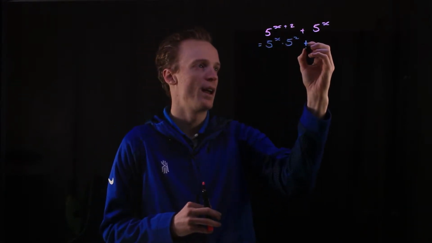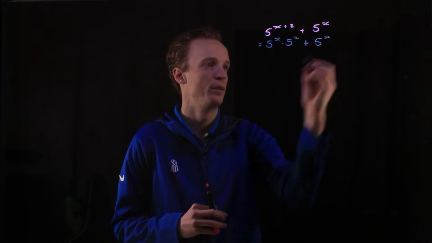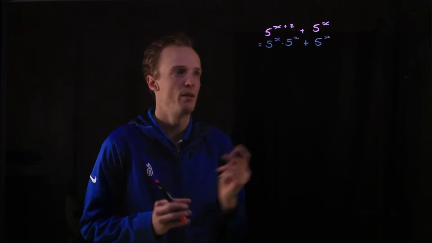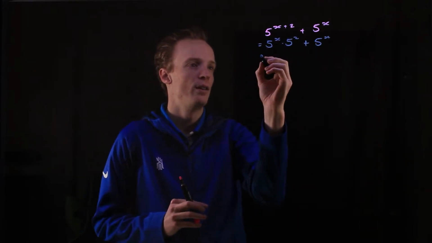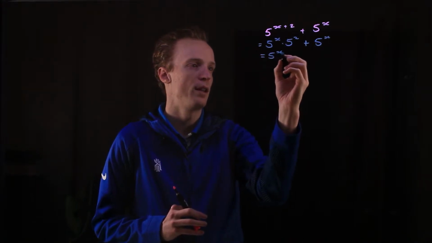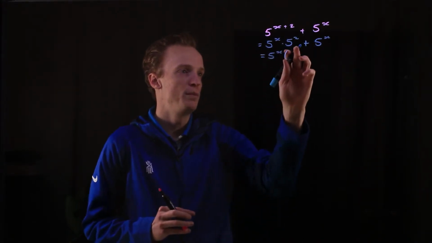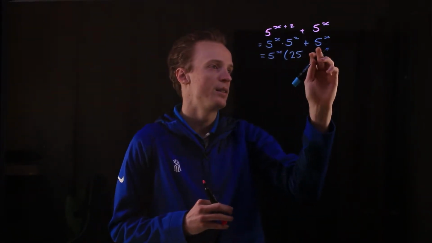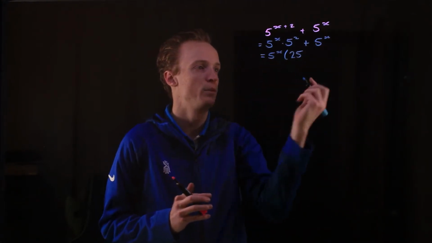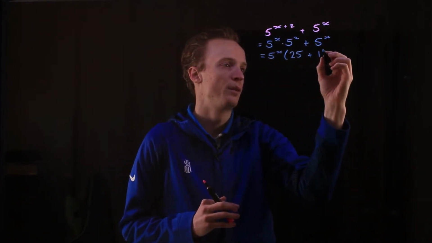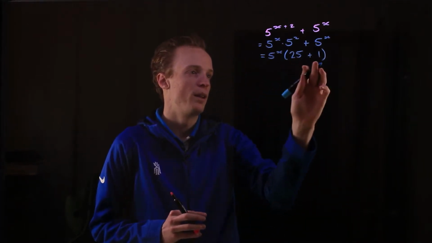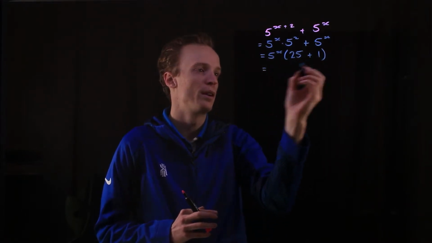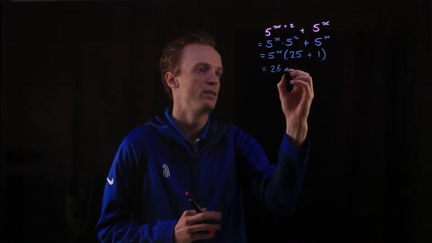Now, of course, we've still got to add our 5 to the power of x afterwards. But what I can now see here is both of these terms have a common factor, and that common factor is 5 to the power of x. So I can remove 5 to the power of x out of both of these, which will leave me with 5 squared, which is 25. And 5 to the power of x divided by 5 to the power of x will just be 1. So it'll be 25 plus 1. Now 25 plus 1 is going to be 26. So this will simplify, and I'm just going to bring it to the front, to 26 times 5 to the